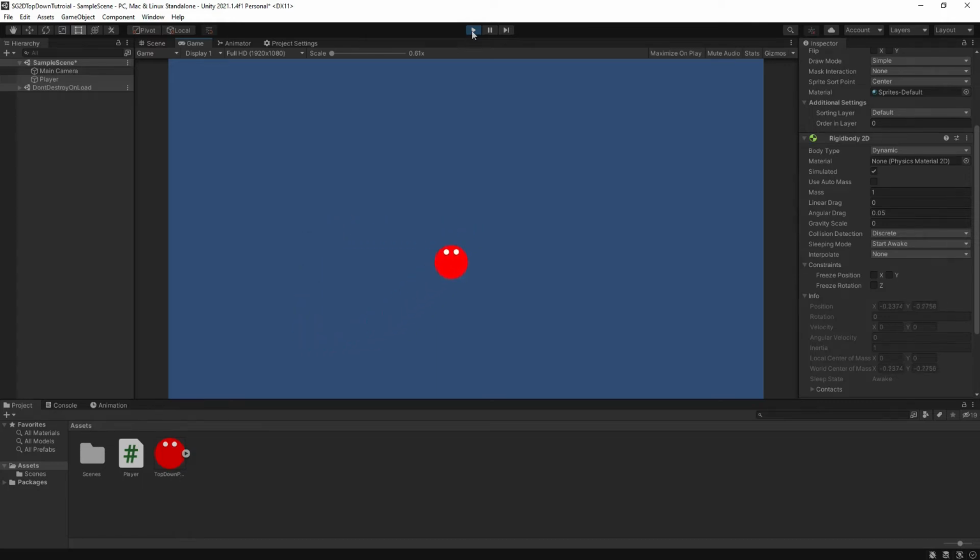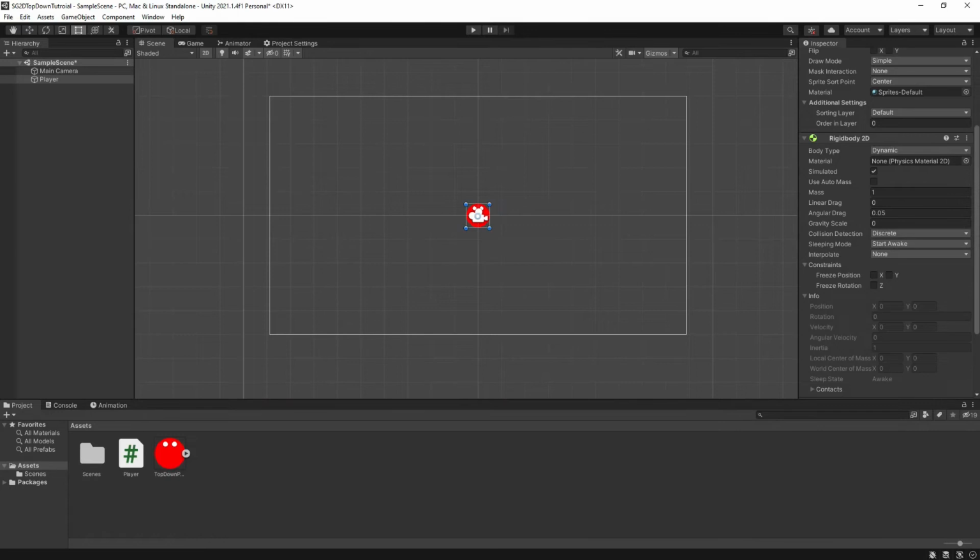keys. You may notice, however, that our player currently feels very loose and doesn't stop immediately after letting go of the arrow keys. This is fine if you want this kind of control scheme for your character. Just keep in mind that the faster you make your player, the more they will drift after letting go of the keys. However, if you want a more tight and snappy feel for your game, let's head back into our